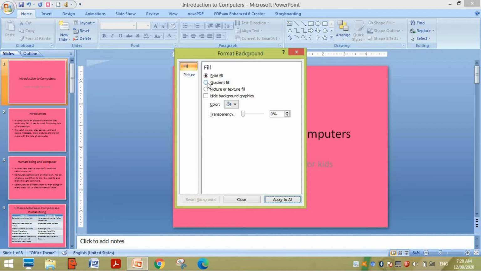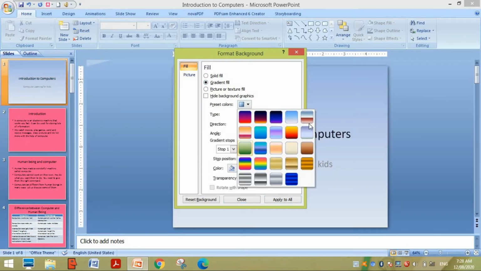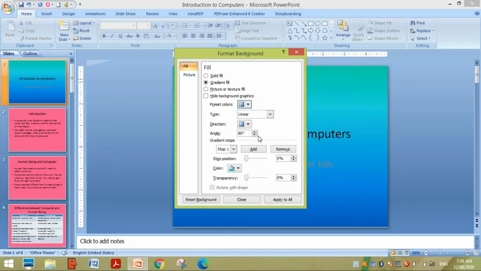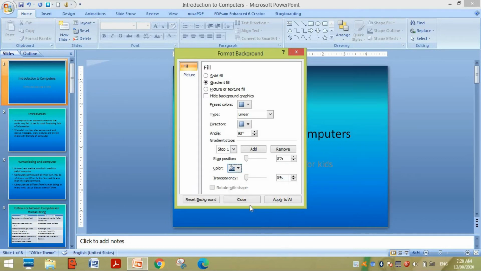Second option is gradient fill. You can choose any of the default fills given, and again click apply to all, so it will be applied to all your slides. If you want, you can change the colors from here according to your wish, so it will be applied.